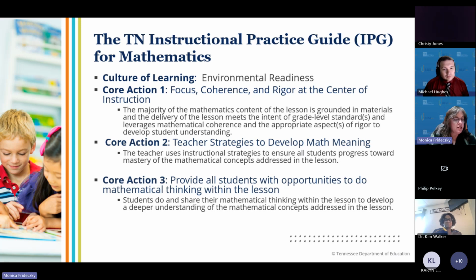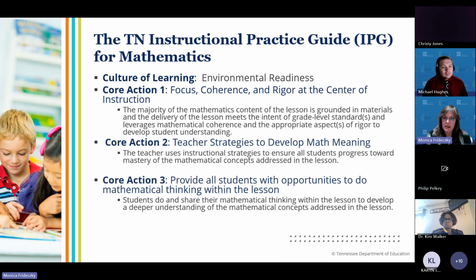Essentially, first, you check that kids are actually doing what's being asked of them. But then you also need to check that what's being asked of them is appropriate, aligned to the standards and grade level. Are the content and materials they're using grade level appropriate? Are the tasks they're working on in their math classrooms appropriately challenging? Are they aligned to the standards and the aspect of rigor that's called out by the standard? But finally, are the students doing the majority of the thinking in class?